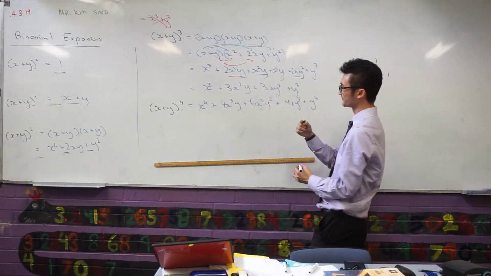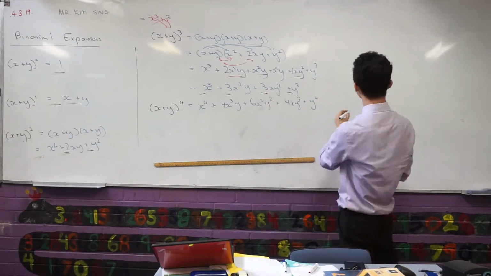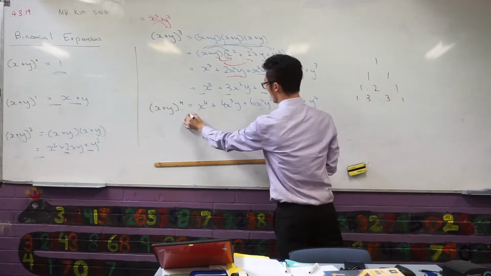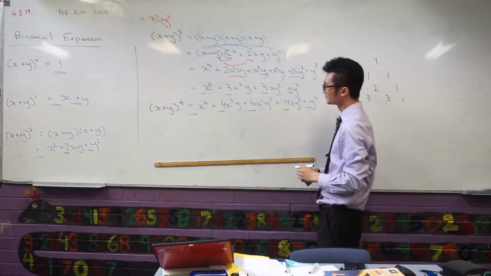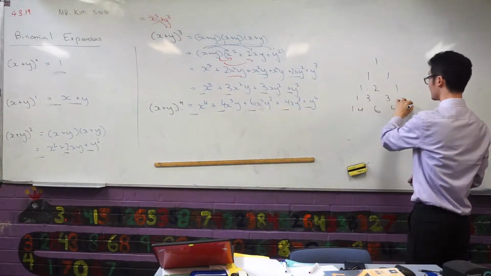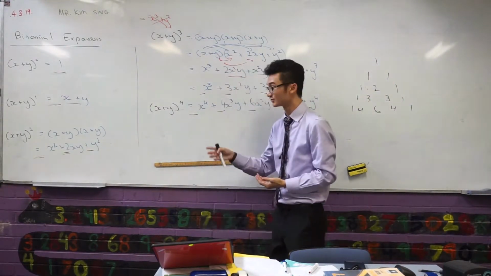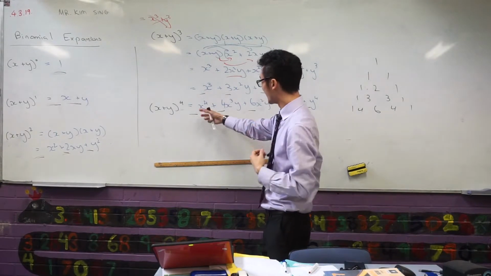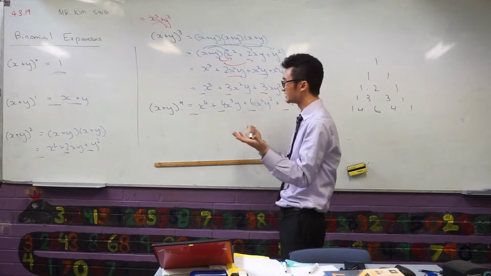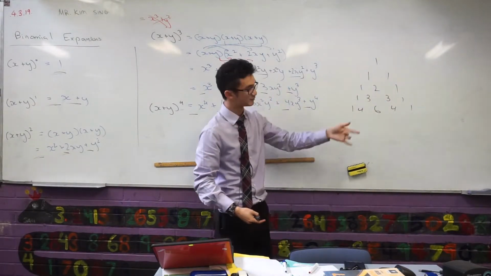What about this one? Oh, careful. 1, 3, 3, 1. And what about this one? 1, 4, 6, 4, 1. Let's do it in descending order. So keep in mind, I've written out my expansions in a particular way, in decreasing powers of x. I've started with the biggest power of x I can see, and written them in decreasing order like that. When I arrange the coefficients in this way,